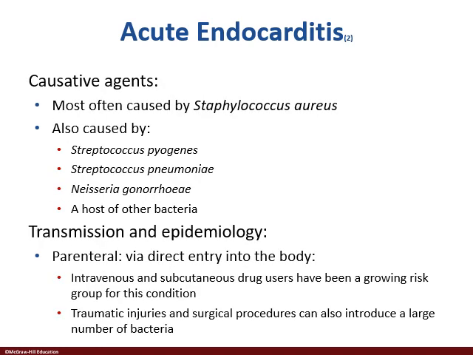One of the leading causes of acute endocarditis is Staphylococcus aureus. Yes, Staph aureus, better known as a staph infection. Somehow, Staphylococcus aureus gets into the blood, bacteremia. Next thing you know, you have it settling out. You also look at this list here: Strep pyogenes, Strep pneumoniae. These are bacteria, part of your normal flora.